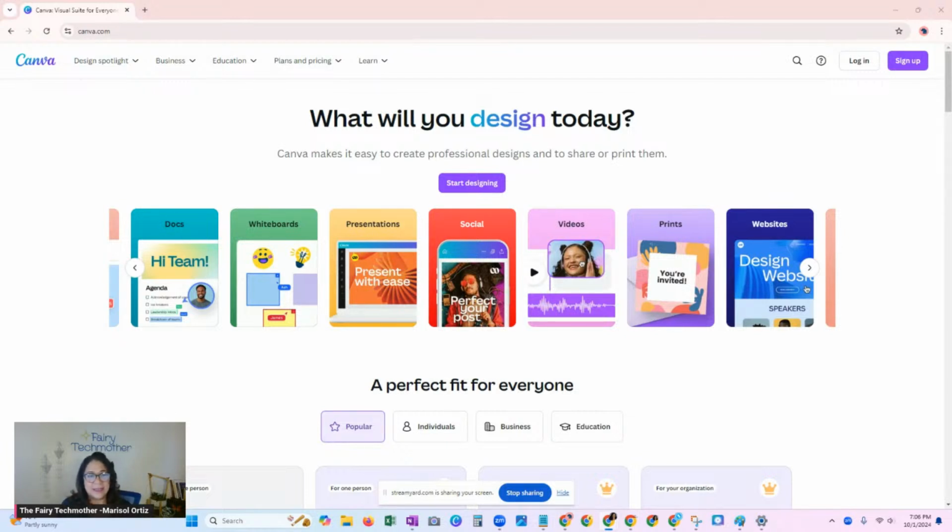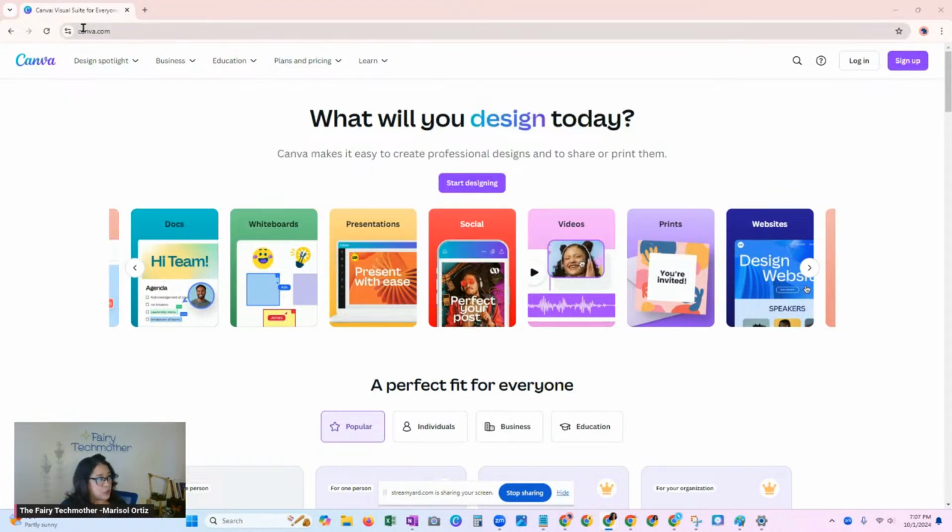Perfect. Okay. So if you're looking at my screen right now, you can see I just went to canva.com. If you do not have an account already, you can create one for free. They do have a free trial and you can do a lot. I believe the last I checked, it was 30 days and you can use almost everything. They do have some pro templates. You'll know because it has a little crown in the corner, but even without using the pro templates, you can definitely find enough elements and items that you can use for the free version.